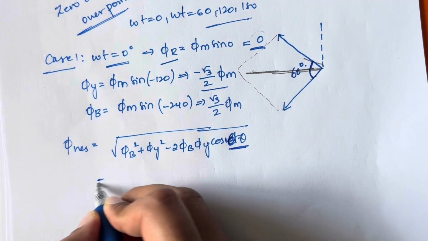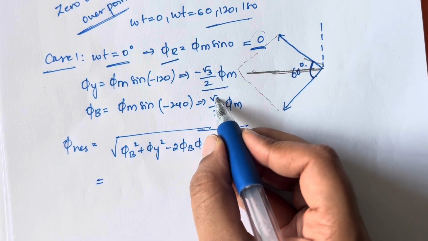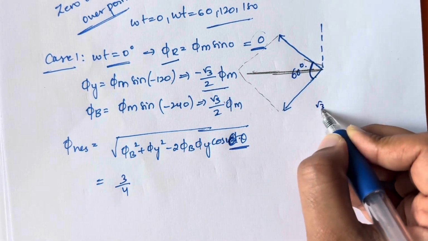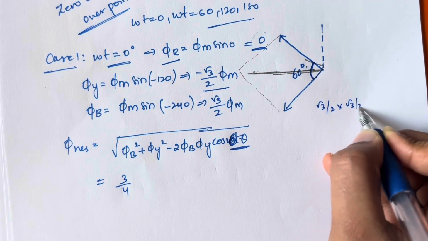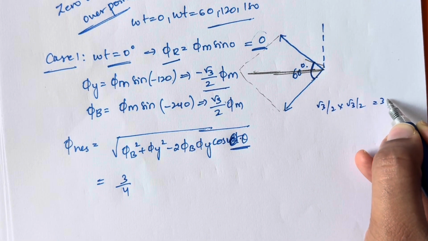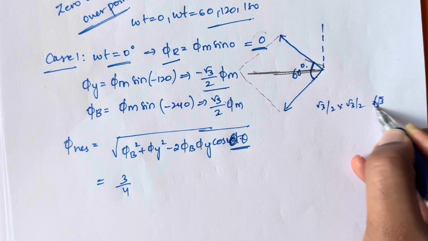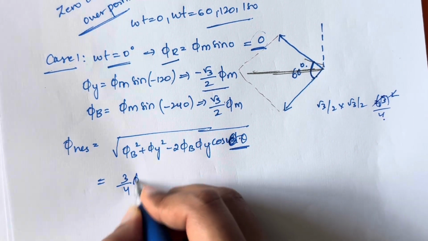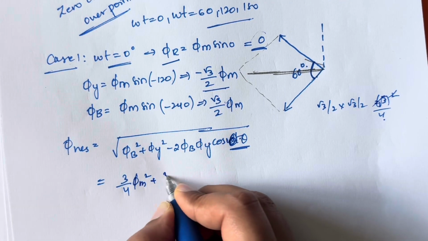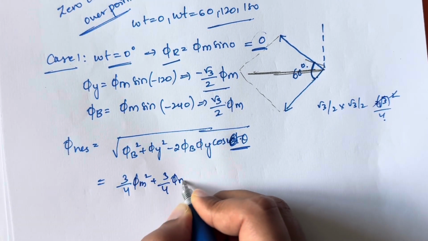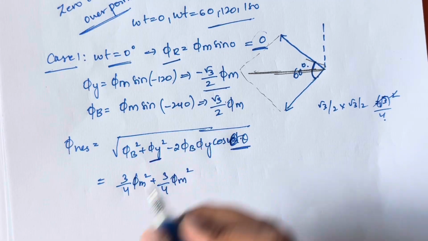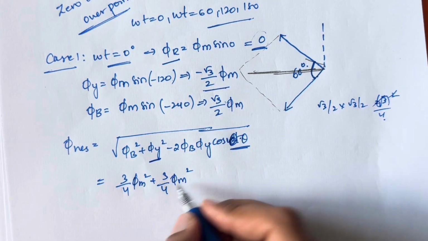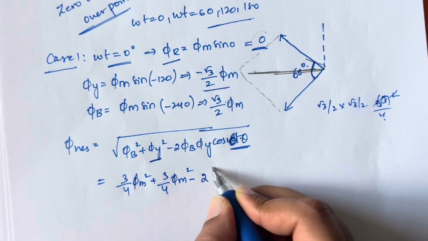If you substitute all the values, you will get root 3 by 2 whole square, which is what? Root 3 whole square divided by 4. The square root cancels, so it's 3 by 4. So 3 by 4 phi max square plus here also 3 by 4 phi max square. Why? Because though it is negative, you're doing square, so it will be 3 by 4 only, minus 2 into